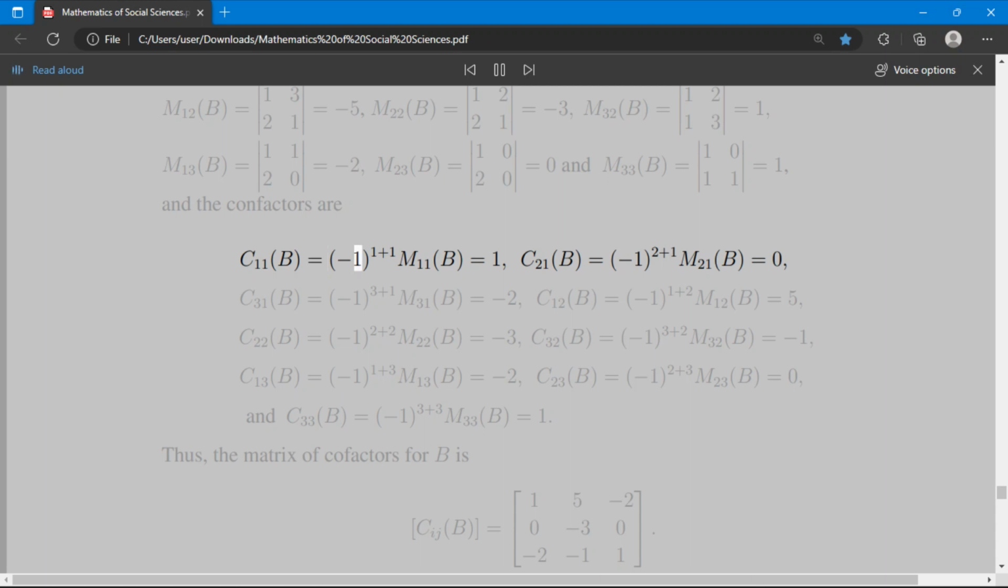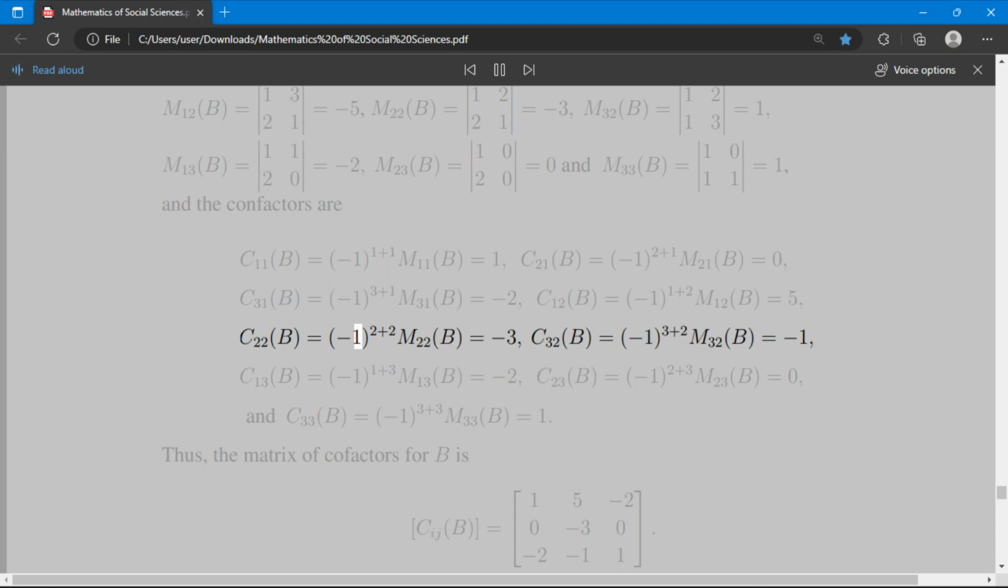C11(B) = (-1)^(1+1) M11(B) = 1, C21(B) = (-1)^(2+1) M21(B) = 0, C31(B) = (-1)^(3+1) M31(B) = -2, C12(B) = (-1)^(1+2) M12(B) = 5,